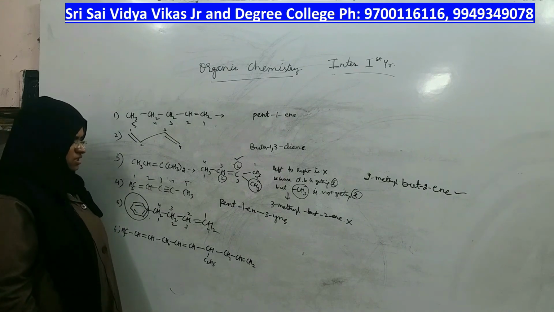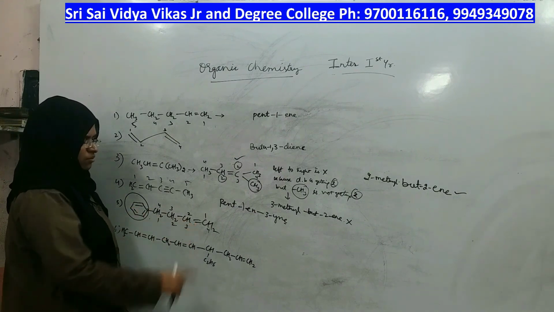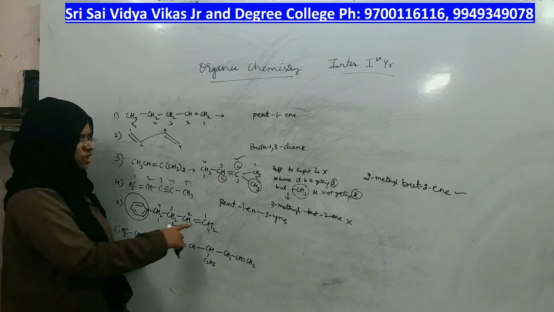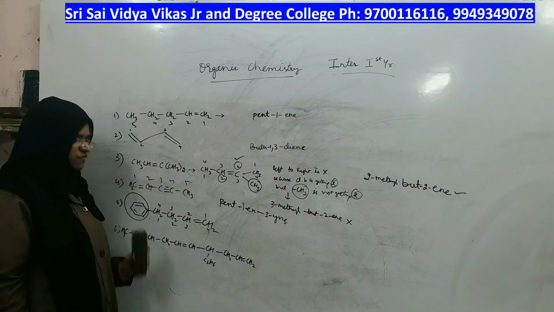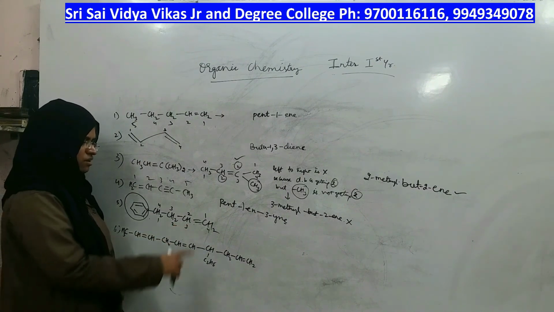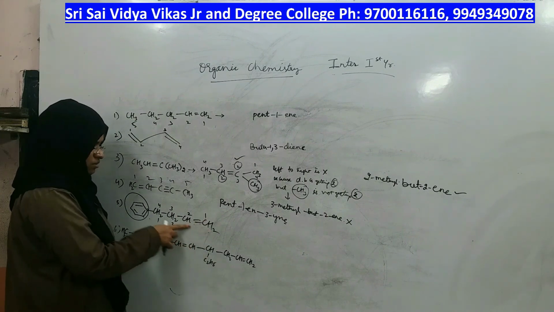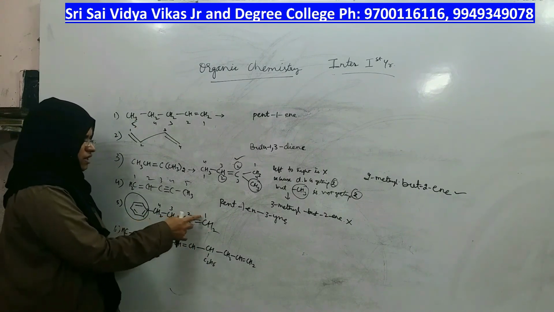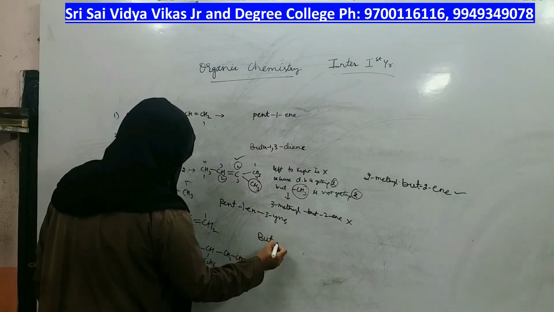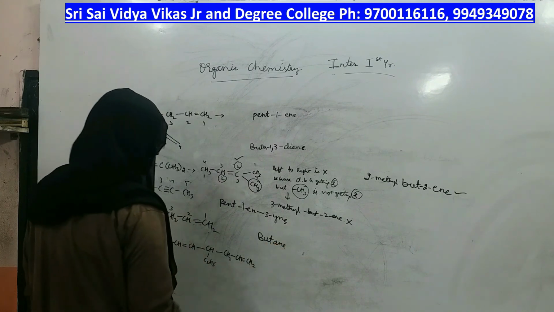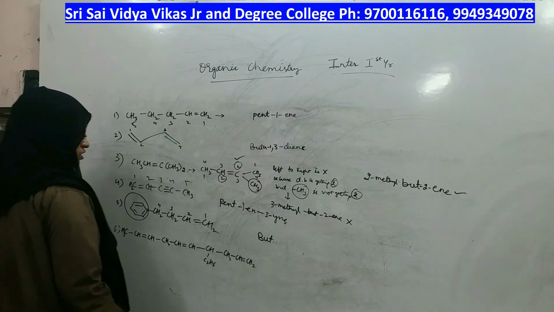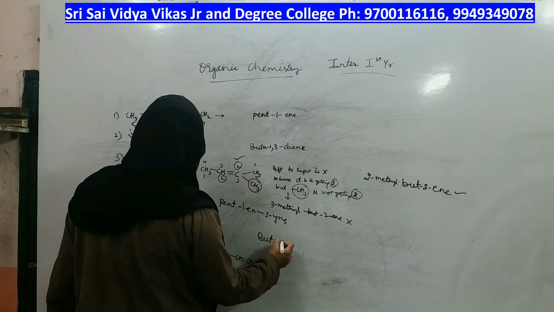Okay, so its name should be added as a prefix by writing just phenyl root word. Right, so which numbering is correct? Between phenyl and double bond, because both of them are present in the end, one should be preferred over the other. You should always prefer a double bond, not a phenyl ring, when both of them are present. So if double bond is getting a least number, that numbering is correct and the other numbering is wrong. So 1, 2, 3, 4, 4 carbon means the root word is but. Shall I write butane? No, I cannot write butane because it has double bond, not a single bond.